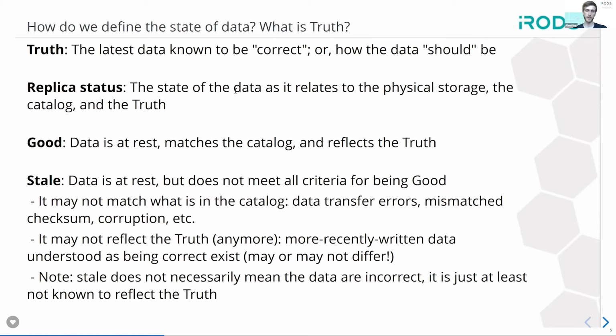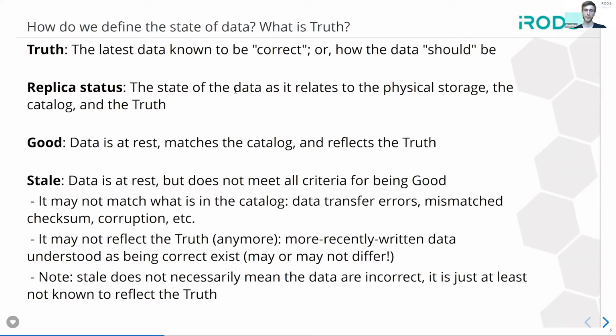If it's not reflecting what's in the catalog, there may have been data transfer errors, a mismatched checksum, some sort of corruption on disk, who knows, anything that would cause it to not match the catalog, or it doesn't reflect the truth. That could mean either the catalog is now showing something that is not true of the data in storage, or more recently written data has been created, and that is now the new truth